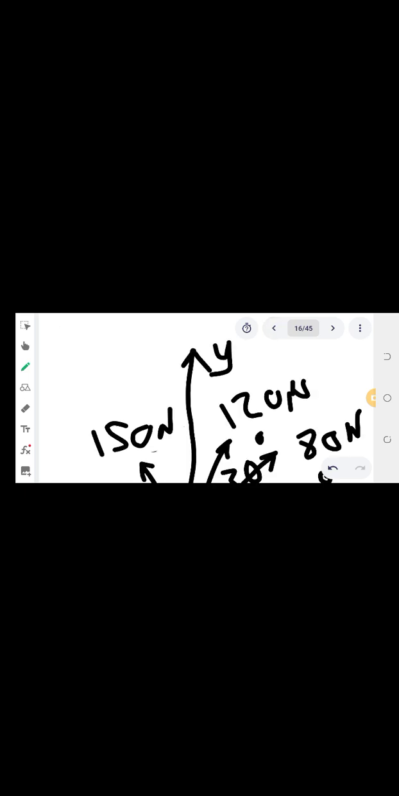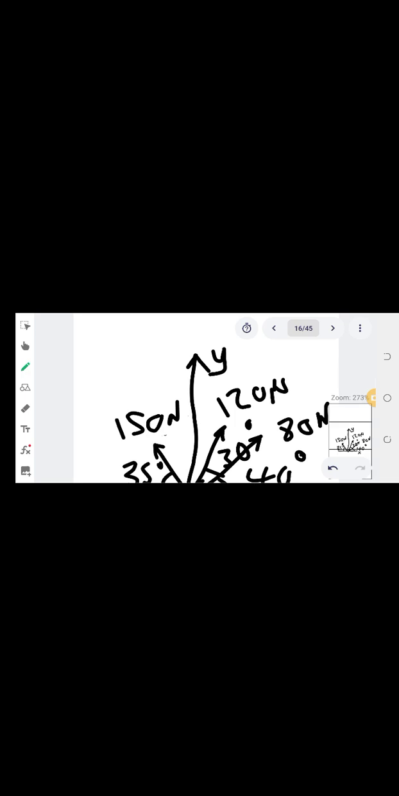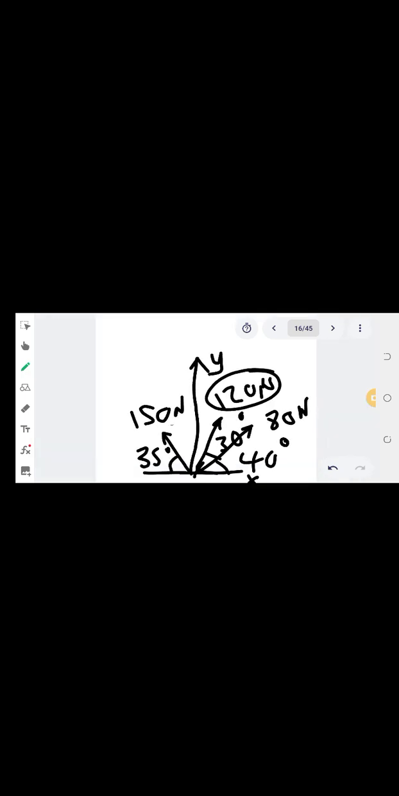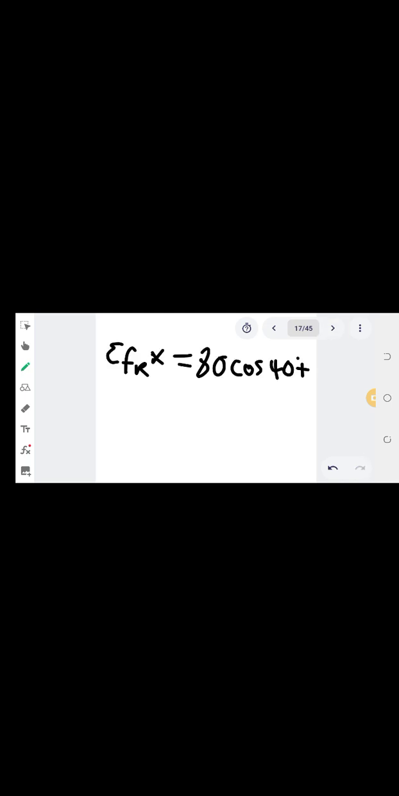So again, when we go back, we have this 120. Now this 120, we need to be very careful. So the 120 Newton force, the total angle, we need to add the 40 and the 30. So 40 plus 30 is 70. So in this case, we are getting 120 cos 70 plus